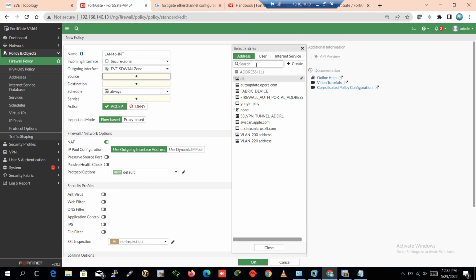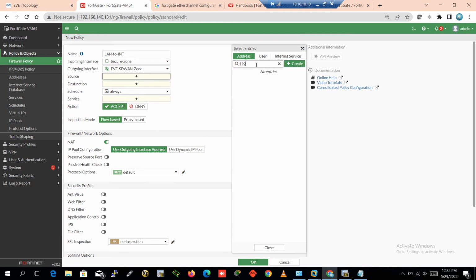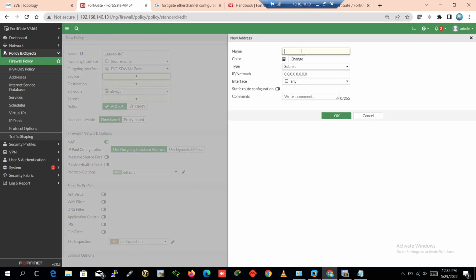Source, we have two subnets. One is VLAN 200, 192.168.200.0/24. Address, VLAN 200,